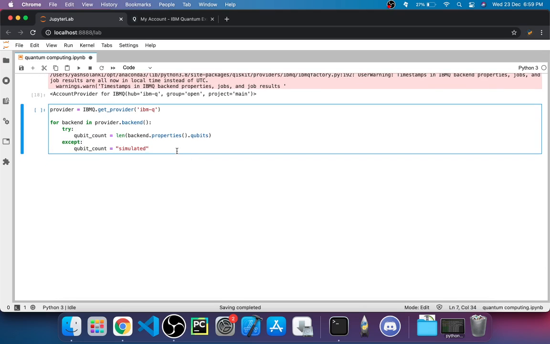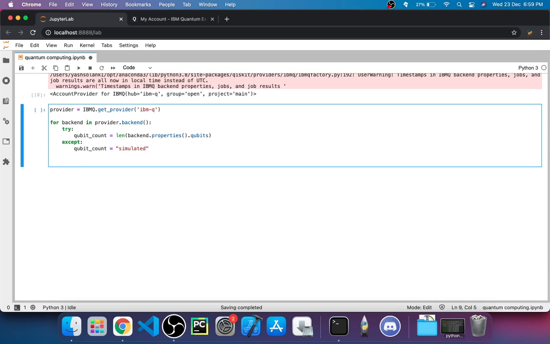Now what we need to do is actually get the names of the backends, so the servers, the quantum computers that are actually running. I'm going to type out print, and I'm going to print an f-string. Now if you don't know what an f-string is, it's like the backticks in JavaScript. So that's like an f-string in Python. So just type out backend.name. You can do stuff like this, and we don't need to put the plus sign. Has backend.status